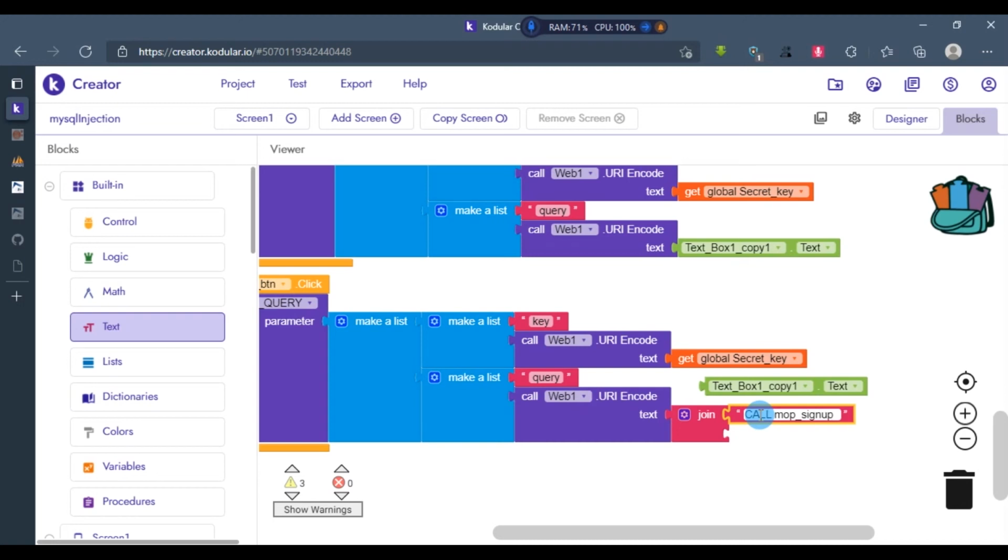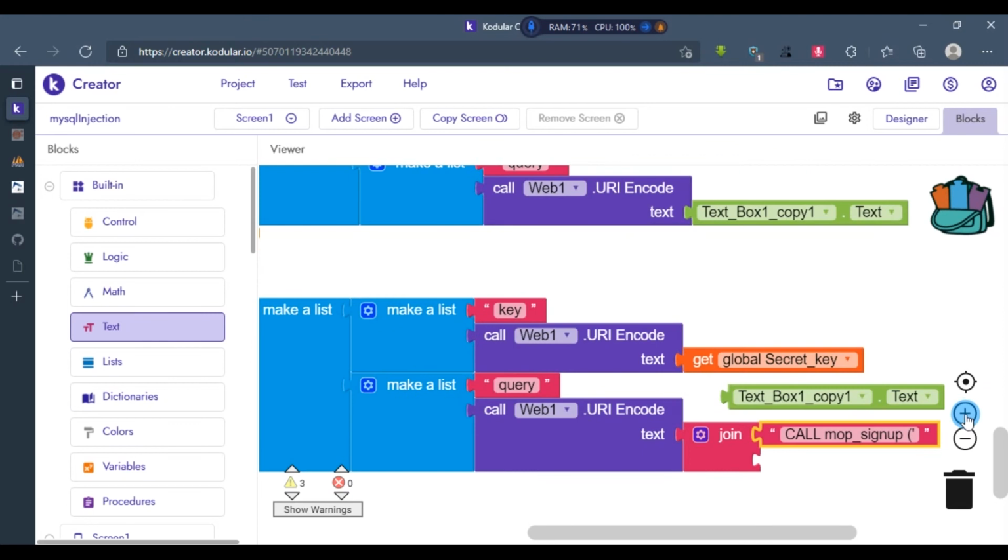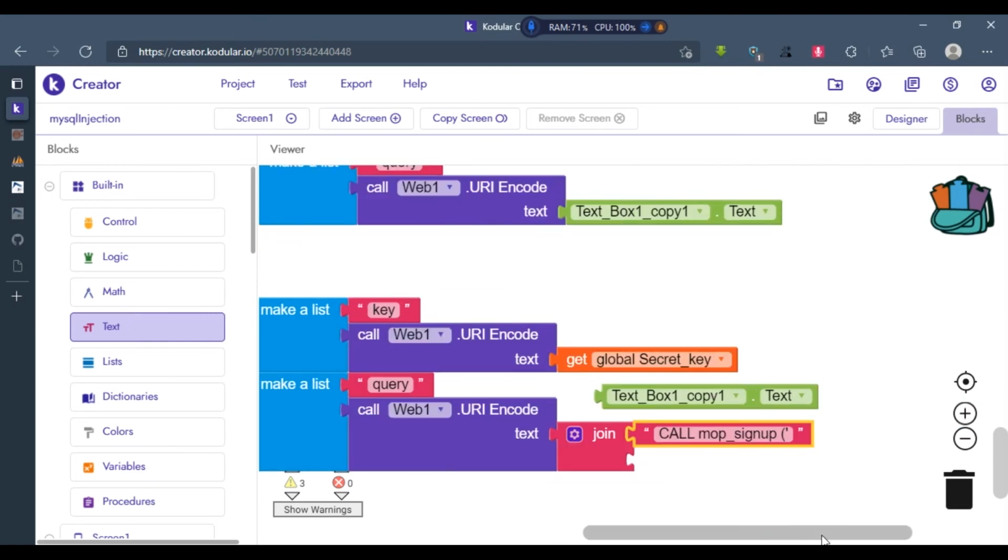So it will have a bracket with this colon. So let me increase the font so that you can see things better. Okay, so after I do this now, I'm going to